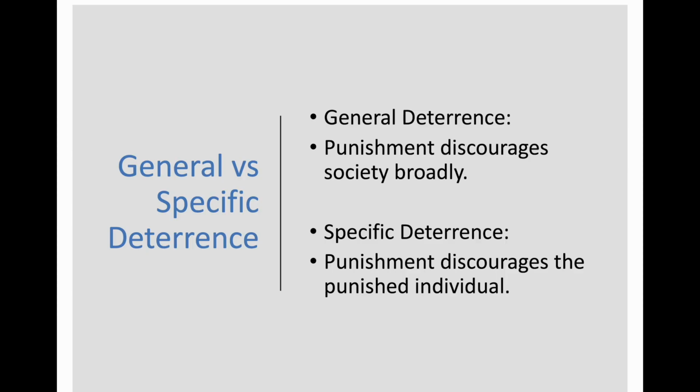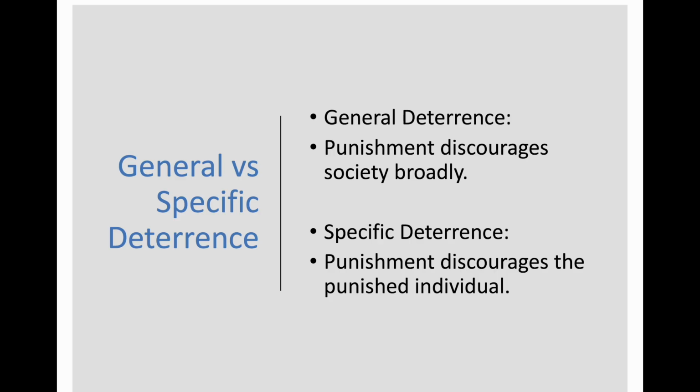So now that we've covered all of the classic foundations of deterrence theory, we can move into one of the most important distinctions within deterrence research: the difference between general deterrence and specific deterrence. This distinction is fundamental and extremely important for comprehensive exams because students often collapse these two concepts together. They are related, but they operate through different mechanisms and involve different units of analysis. So let's begin with general deterrence.